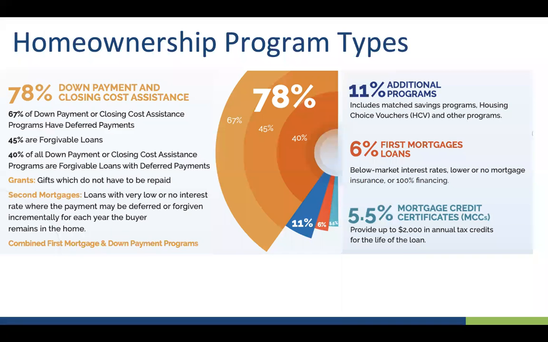And we're going to break down 3 of the most common types of home ownership programs here in a couple minutes. But big picture, what is homebuyer assistance? What is a home ownership program? We probably all hear the terms DAP or DPA. That's one type of homebuyer assistance program. Now, down payment and closing cost assistance does make up the majority by a big margin of the homebuyer programs that are out there. But we also track, as you can see on the right here,